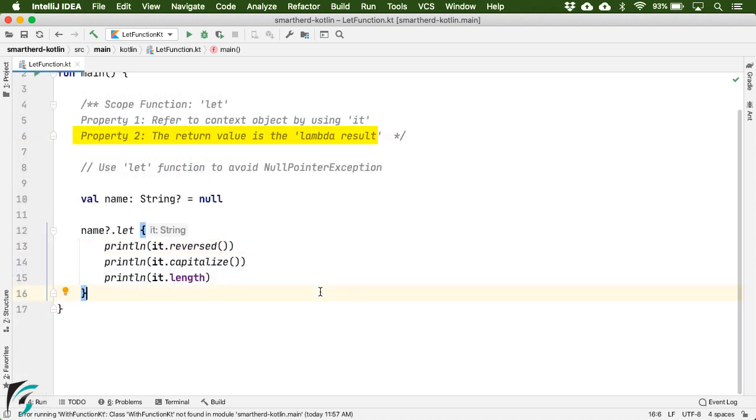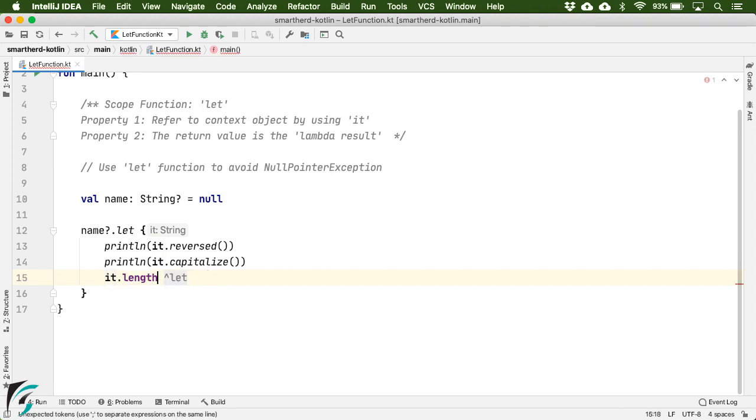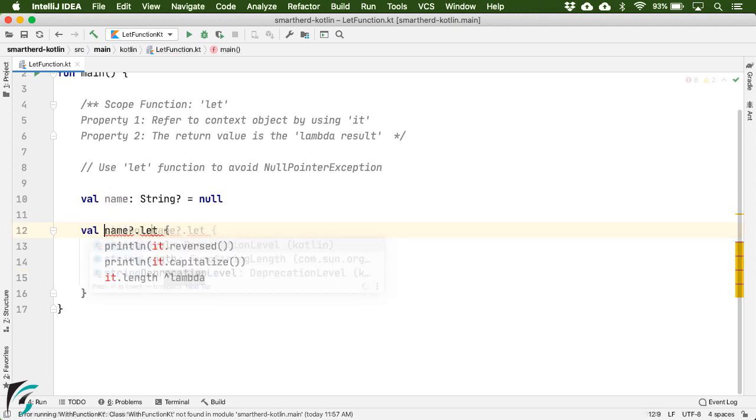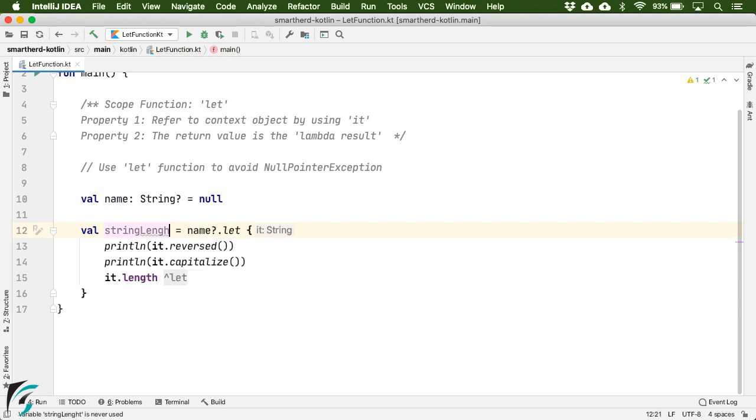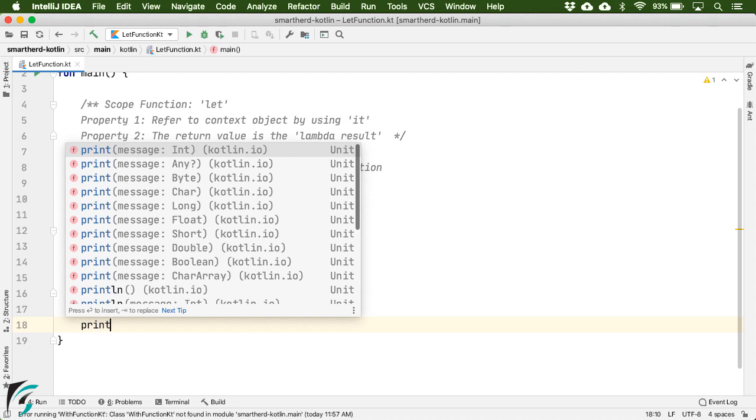Now let us come to the second property. The return value is the lambda result, which means whatever statement we have at the end of the lambda expression will be returned from this whole function, right? So if we have it dot length over here, then this value will be returned, and over here we can use string length variable or any variable of your own choice to store this value, right? And then you can use that value in your program